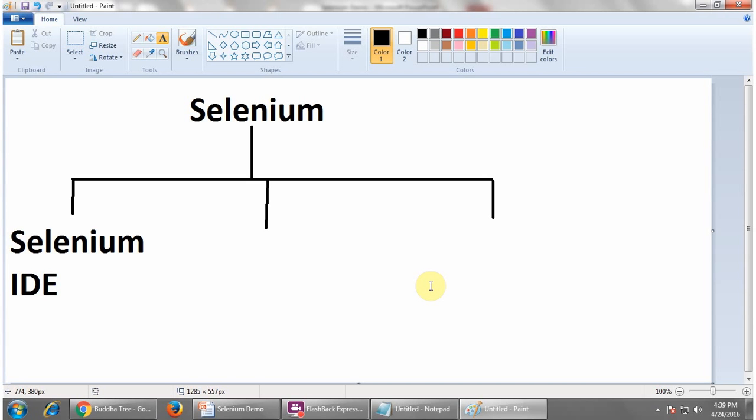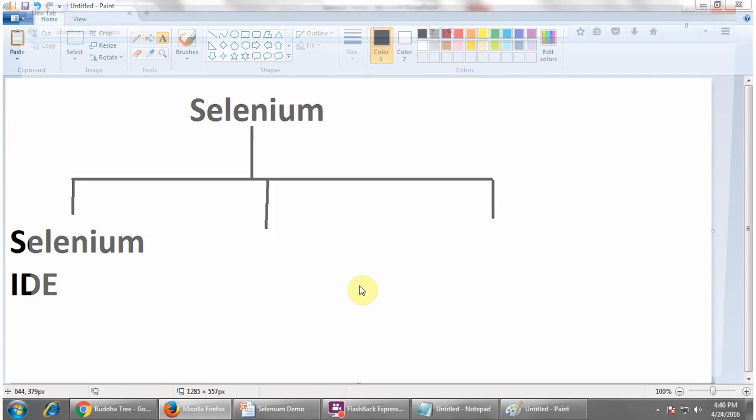Now, Selenium IDE, or Selenium Integrated Development Environment, is a tool inside the Selenium family which provides a record and playback capability. It is a Mozilla Firefox add-in. It means it works only on Mozilla Firefox. You need to install it on the Mozilla Firefox tool. It's simple to install. Go to the Firefox